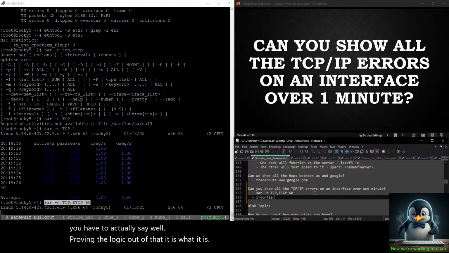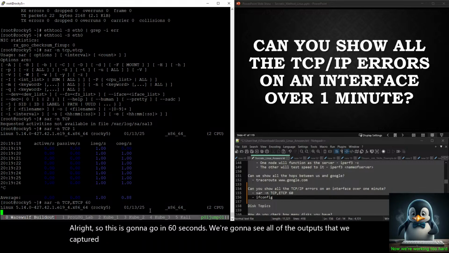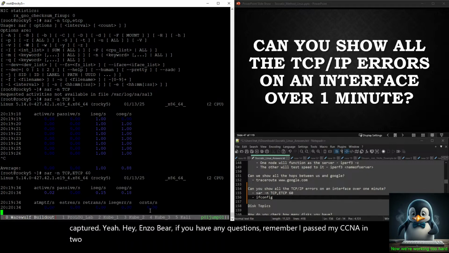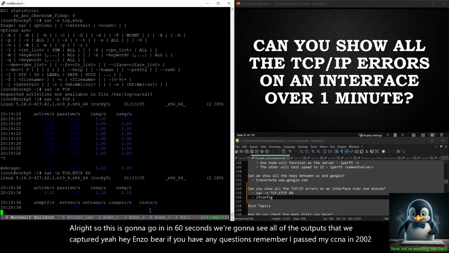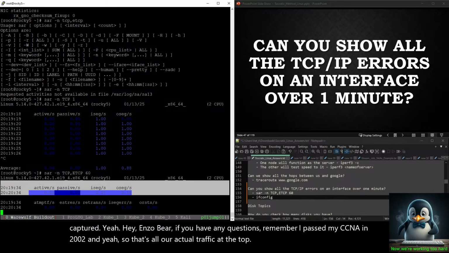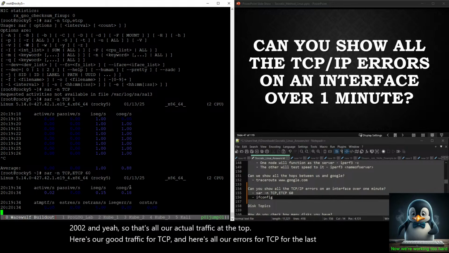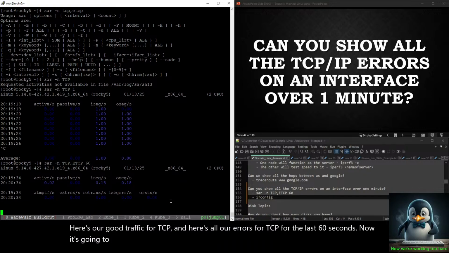All right. So this is going to go in 60 seconds. We're going to see all of the outputs that we captured. Yeah. Hey, Enzo Bear, if you have any questions, remember I passed my CCNA in 2002. And yeah, so that's all our actual traffic at the top. Here's our good traffic for TCP, and here's all our errors for TCP for the last 60 seconds. Now it's going to wait, and it's going to give us in another 60 seconds, well, probably about 50 seconds now,